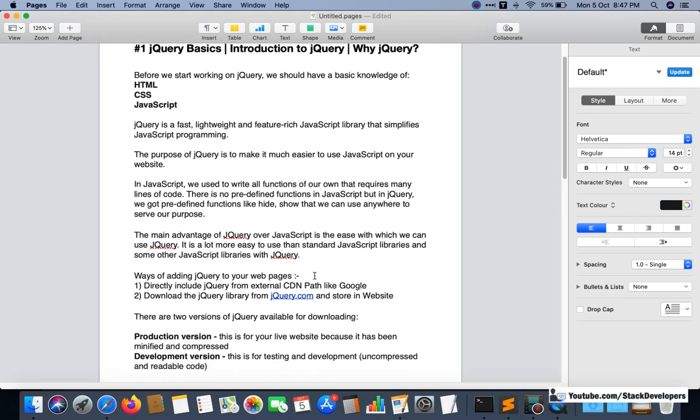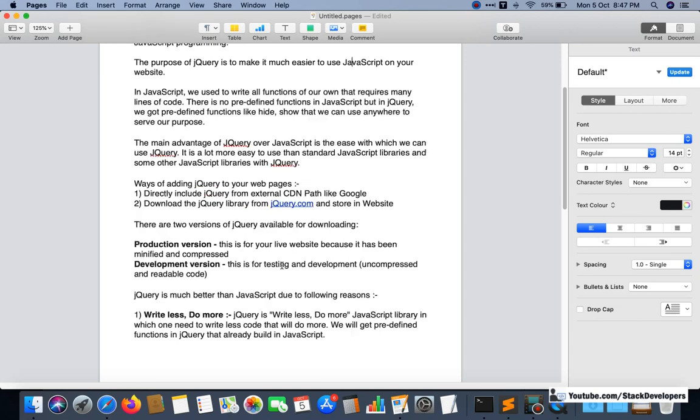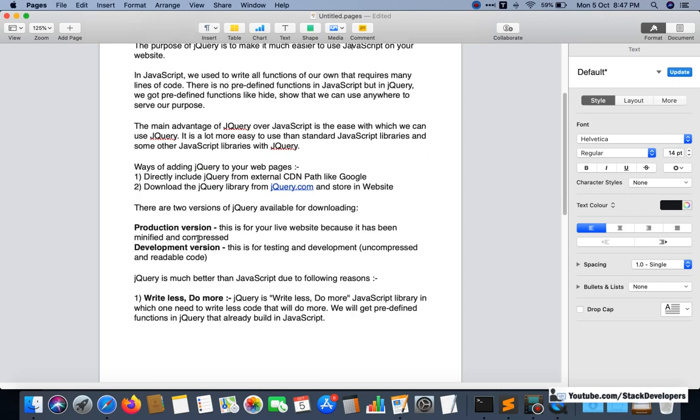And that will perform a lot of things. I already told you that there are two ways of adding jQuery to your website. One is from the external CDN path, and the other is to download it and store it in your website. And there are two versions, the production version and the development version. The production version is for when we make the website live, so it's in compressed form.